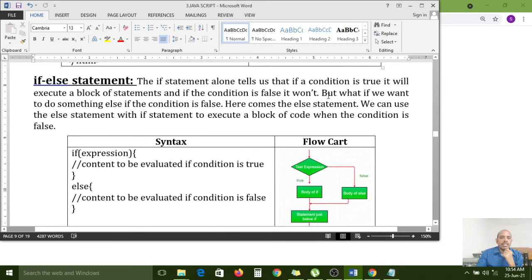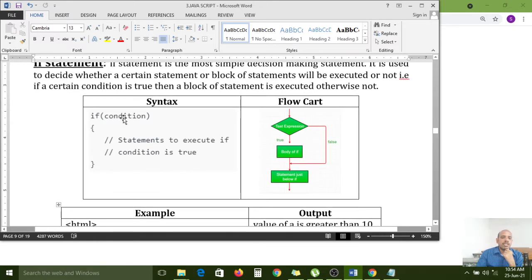If the condition is true, then this block of code will be executed. If the condition is false, then the if block will not execute.